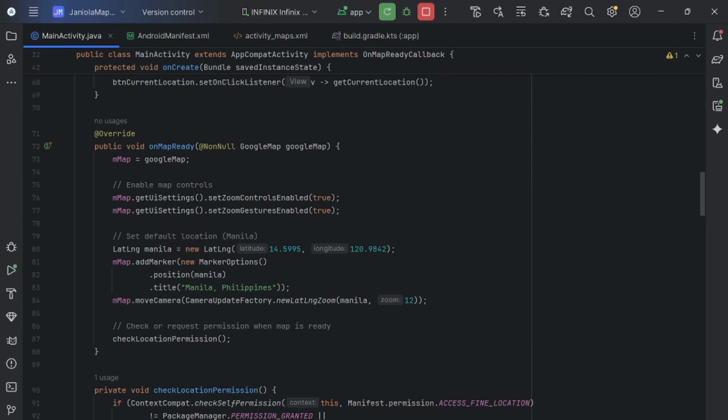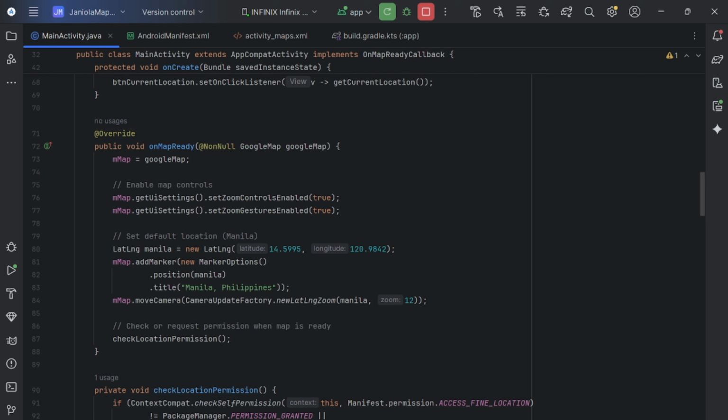This one, this line of code, this enables zoom controls on the map. So as you can see, we have the onMapReady here. The mMap.getUiSettings(), and then setZoomControlsEnabled.